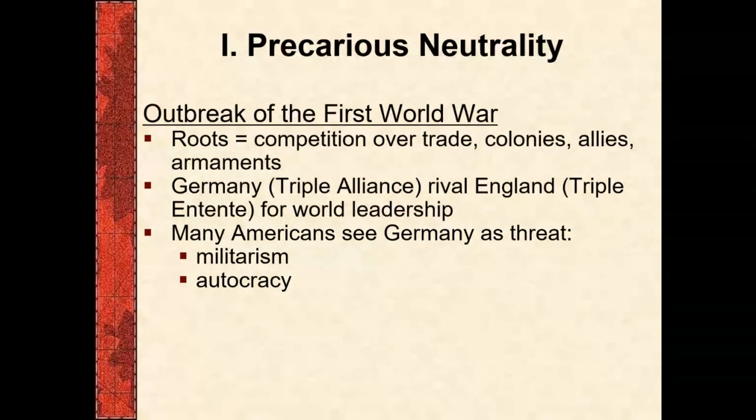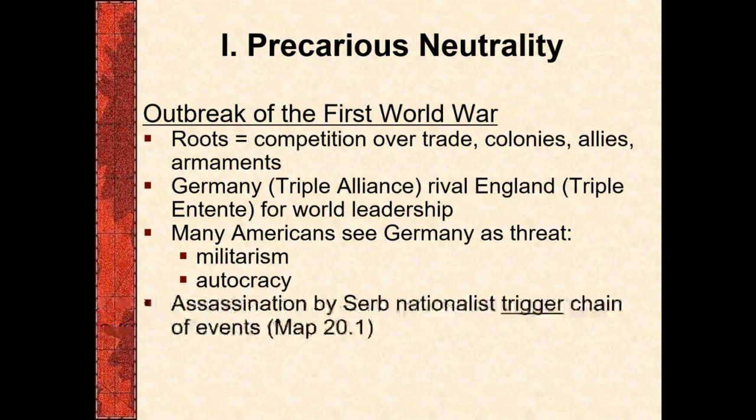So already you have this anti-German feeling pervasive in the United States. You had a lot of German immigrants coming in. There was a lot of socialism. There was a lot of rearmament going on in Germany. And Wilhelm wanted more control. He wanted to be the biggest, baddest king on the block, basically, right? And so he begins a very nationalistic, militaristic regime going on.